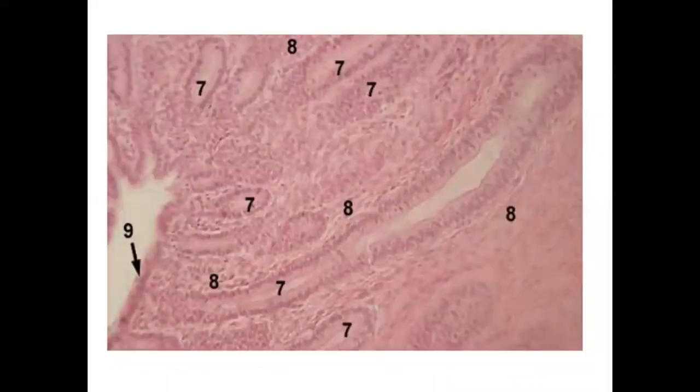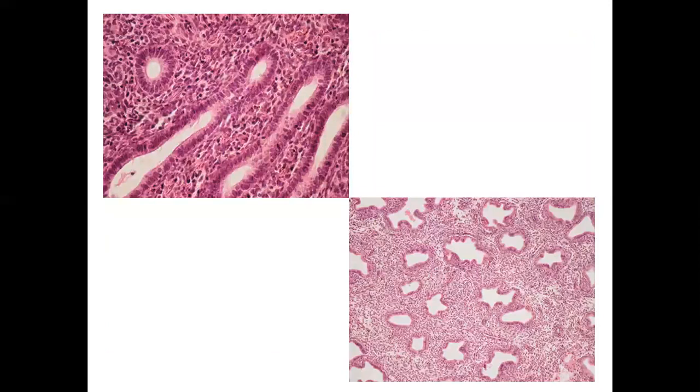Now this is a more magnified part of the functional layer, where the 7th digit is indicating the invagination of the surface epithelium, 9 the uterine glands, and 8 is indicating the stromal component, the connective tissue component, which is surrounding these uterine glands. Now look at these two different figures. We were discussing lately that the functional layer will appear quite differently in different phases of the female reproductive cycle. They will appear more elongated and tubular in the proliferative phase, where the functional layer is proliferating, and they will appear more tortuous.